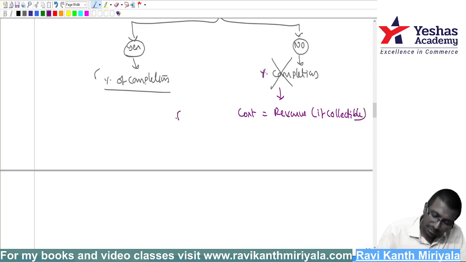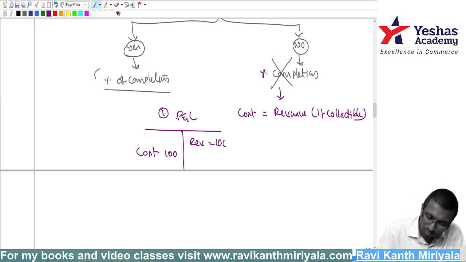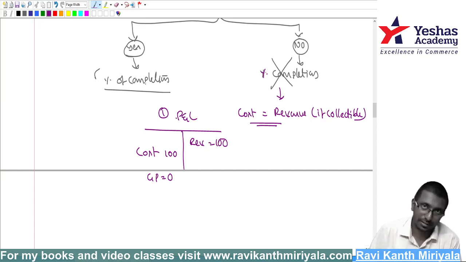Suppose, for example, this is my P&L. Okay, fine. How much did you spend so far till the balance sheet date? Sir, I spent 100 rupees. The first question I will ask is, will you be able to collect this 100 rupees from the customer? I can collect it. This is situation number 1. Then revenue is equal to 100, and gross profit is equal to 0. Why, sir? Obviously, when you don't know how much you are going to get, how can you book revenue and profit on this? You don't know first of all how much you will get, and you want profit in it also. So obviously that's why the standard does not permit you to take it.